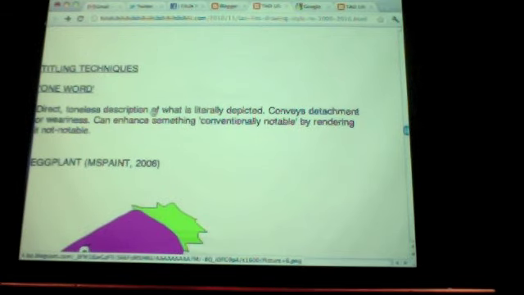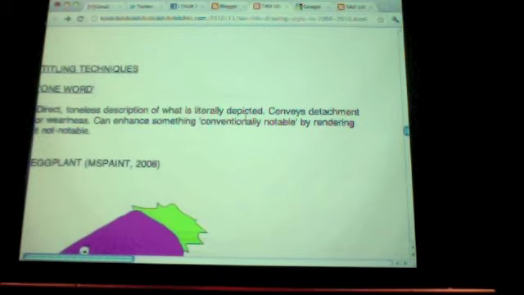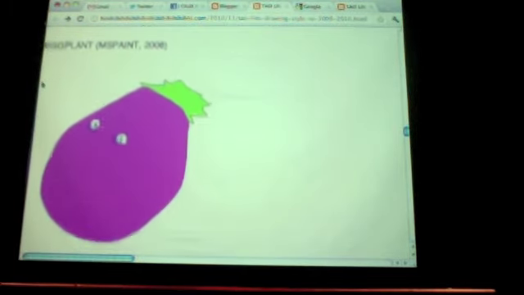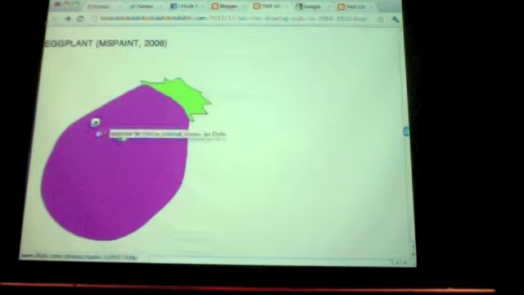And then my titling techniques. The one word technique is just a direct toneless description of what's literally depicted. And it conveys detachment or wariness. And it can enhance something conventionally notable by rendering it not notable. For example, eggplant. It ignores that